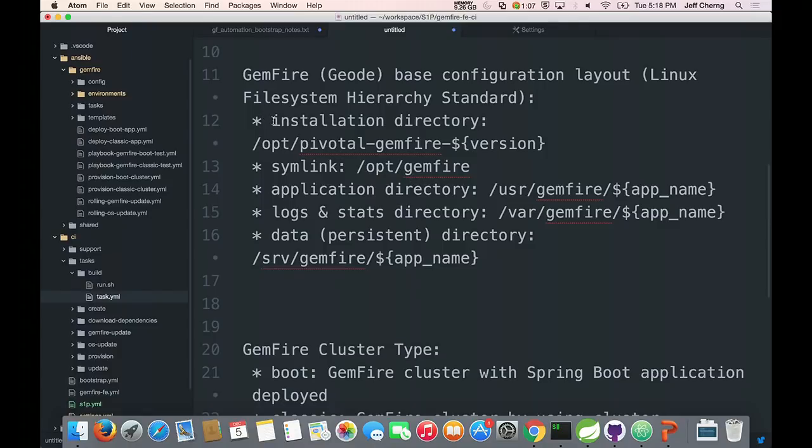First of all, for the Gemfire installation directory, we install the Gemfire binary installation